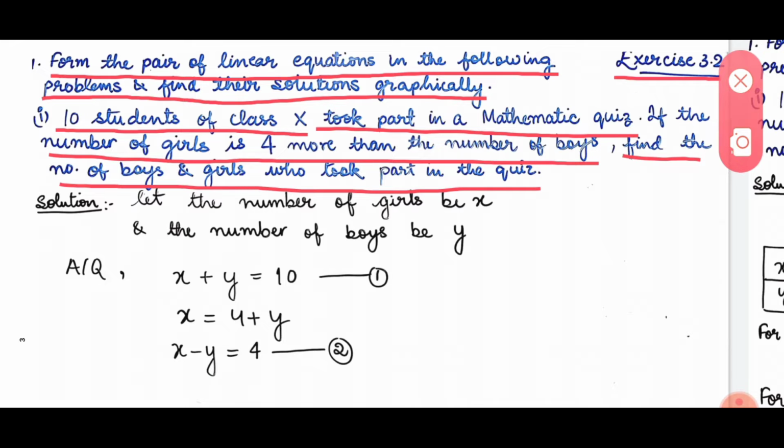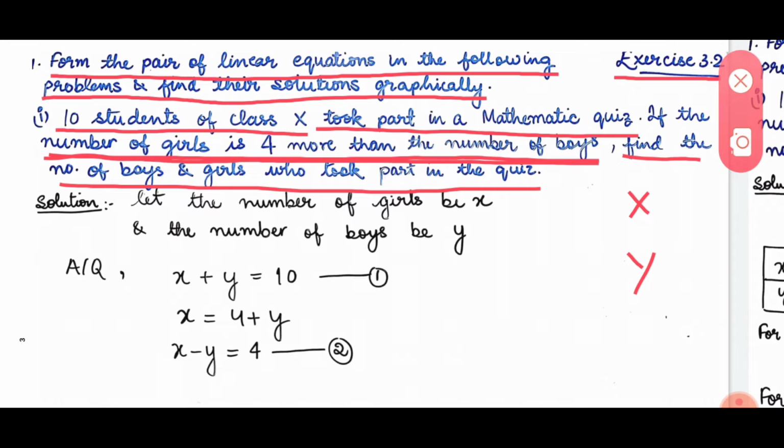You can make it out from the question that the question is revolving around the number of girls and number of boys, right? That means you need two variables, x and y, to represent this question. Now, can you tell me who is depending upon the other? Yes, you can see that the number of girls is depending upon the number of boys, right? See, here they are saying number of girls is 4 more than the number of boys. So, let us assume the number of girls as x and the number of boys as y. It is up to you. You can assume the number of girls as y and the number of boys as x. Okay, it is not a compulsion.